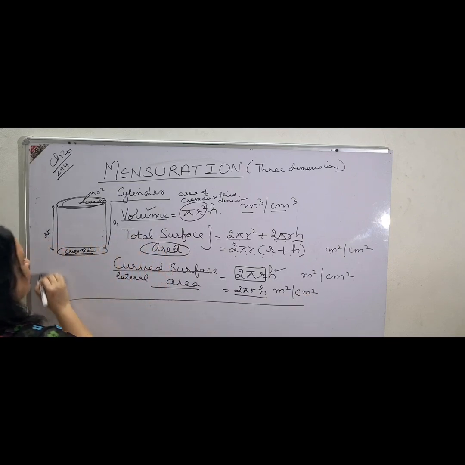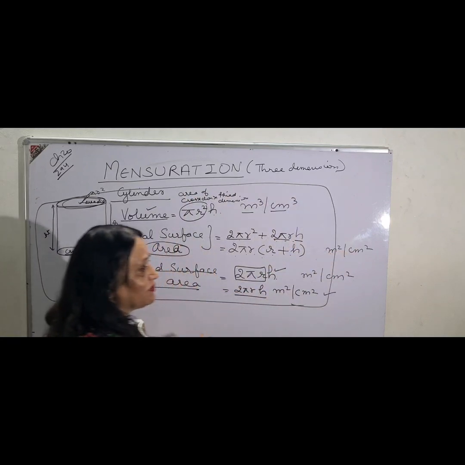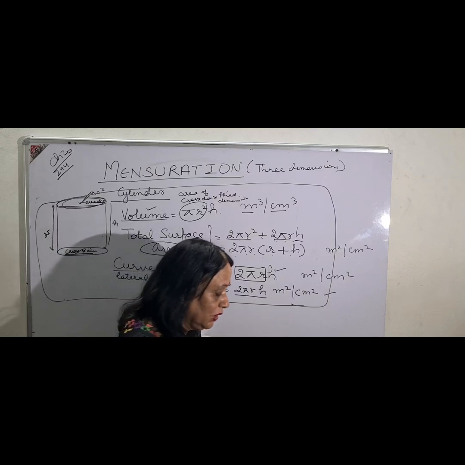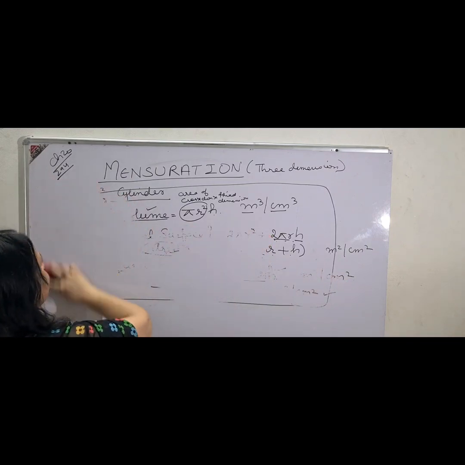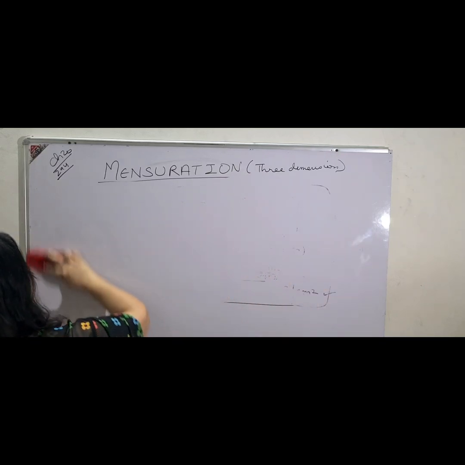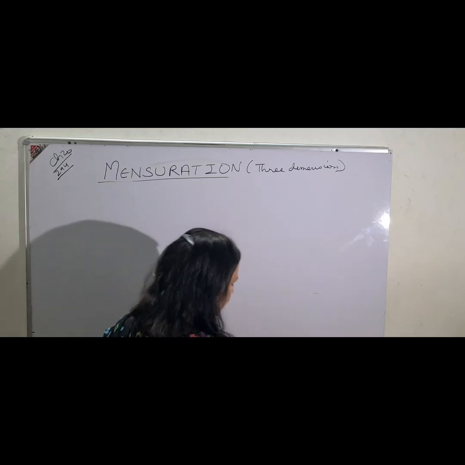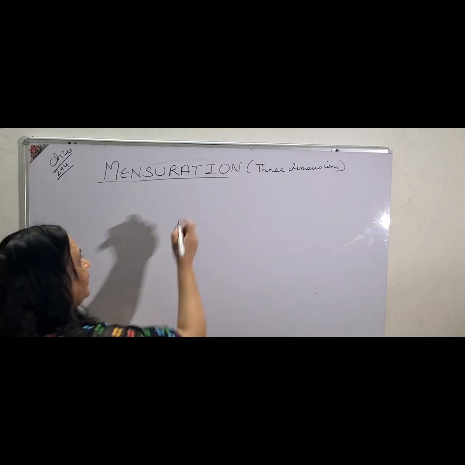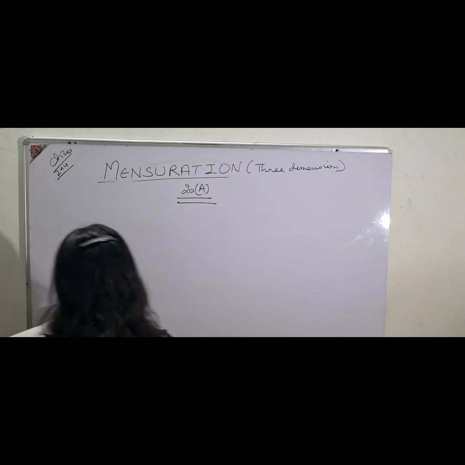So children, I have made you understand about the cylinder, and these have to be understood as well as learnt very nicely, because unless you know the formulas, you won't be able to apply them on the questions. Questions will be possible only if you put the right formulas and understand the language of the question nicely. Okay, done. Now come to exercise 20A. We will discuss the questions one by one.